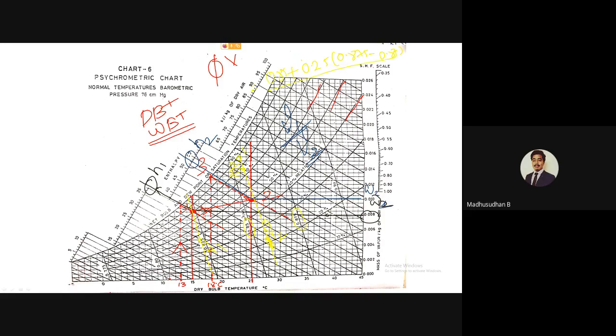If you calculate it, it comes around 0.855. Okay, this is how we will be approximating, since more specific volume lines like this are not there, is it? Only a few are there, this one and this one. So you need to go with the approximate method to calculate your value.